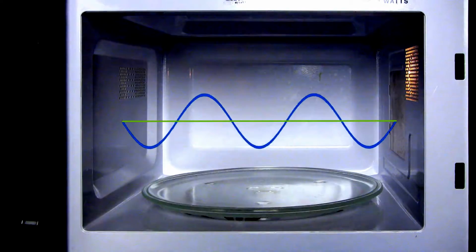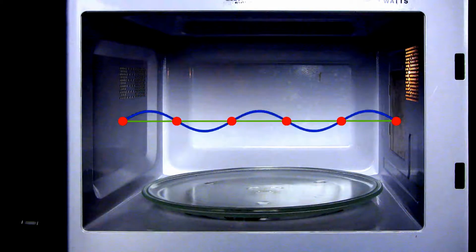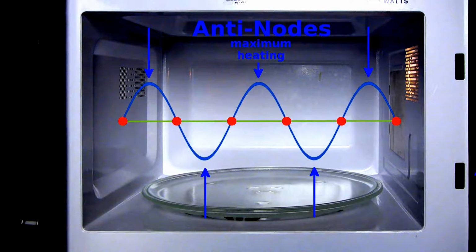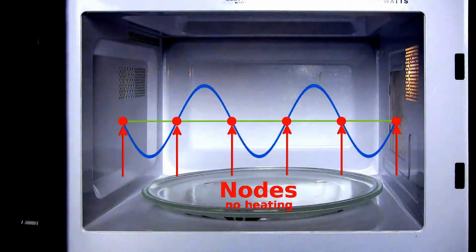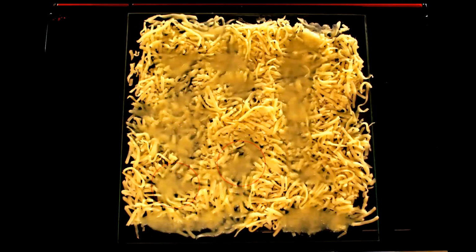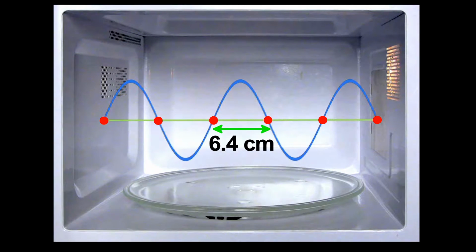The three-dimensional pattern of waves is difficult to predict, but the principle can be seen by looking at the waves in a single dimension. The peaks and valleys in the wave represent the greatest energy of the wave. Well, the nodes here correspond to the cold spots inside the chamber. If I measure the distance between melted cheese spots, I find about 2.5 inches. That would be half the wavelength, the distance between nodes, and is pretty close to the actual wavelength of microwave